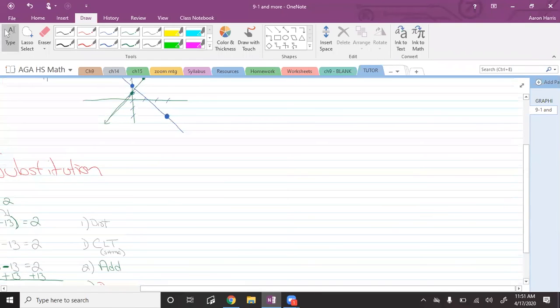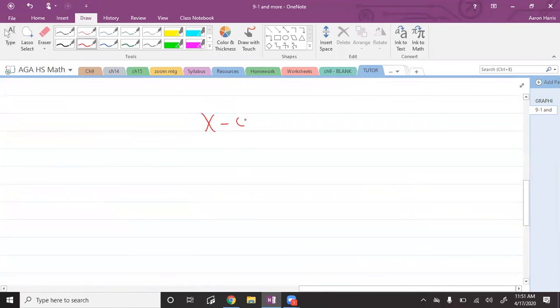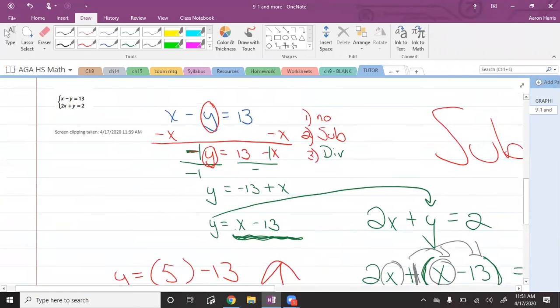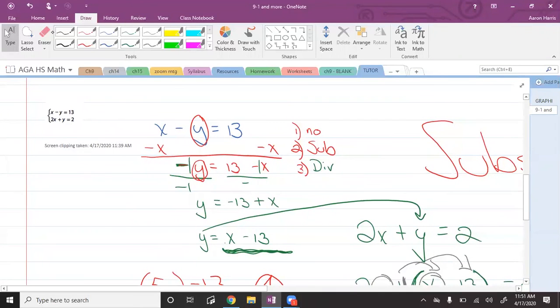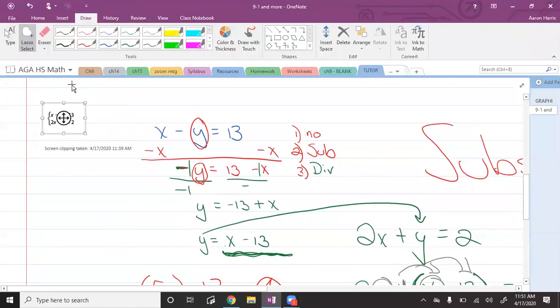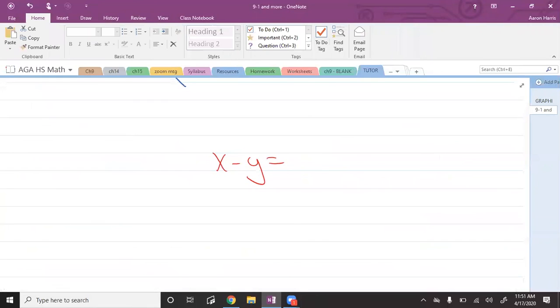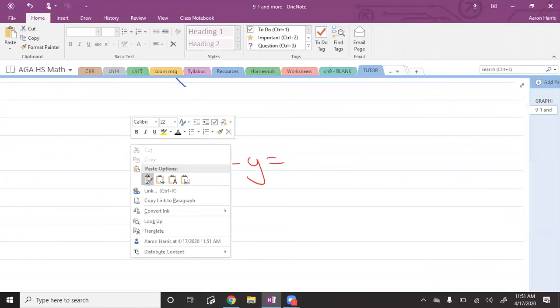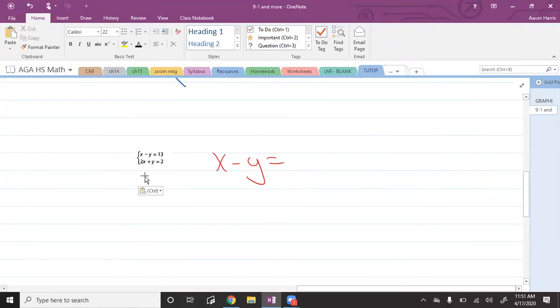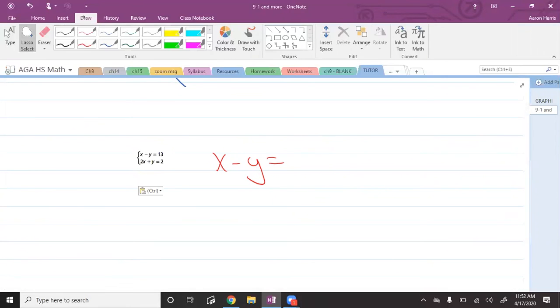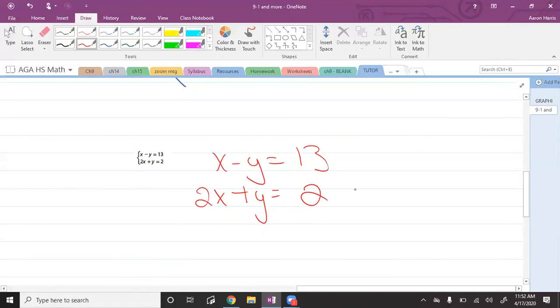Same exact problem. It was x minus y equals, let me just go over here and grab this real quick. Copy. Paste. All right. So x minus y is equal to 13. And then we had 2x plus y is equal to 2. Now, when we want to do elimination,